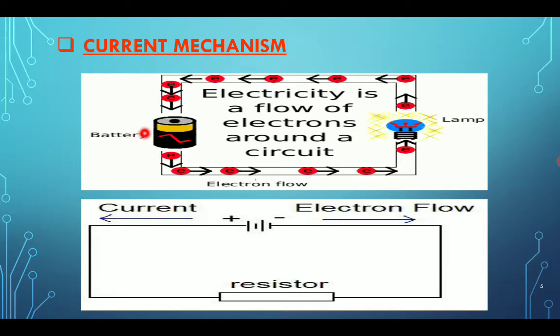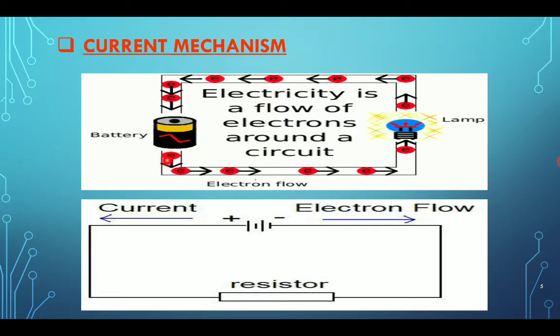This is a battery and electrons are coming out of this terminal. This is the negative terminal, and this battery is connected to an electric bulb. This is the simplest form of a circuit, in which a battery provides the potential difference to this bulb, and the bulb glows as soon as it is connected to a battery or a cell.